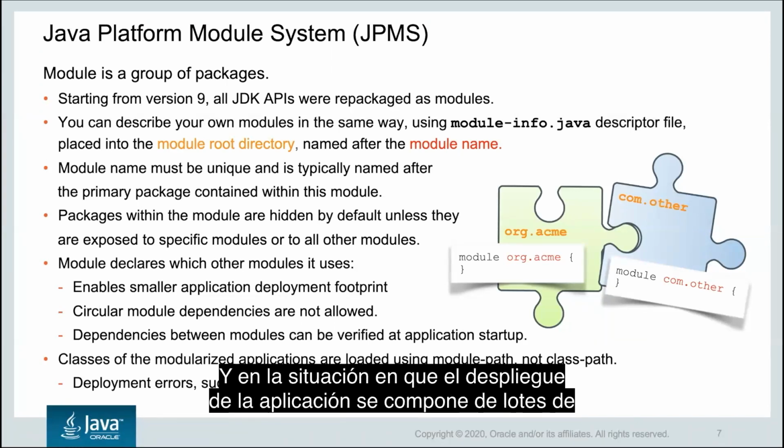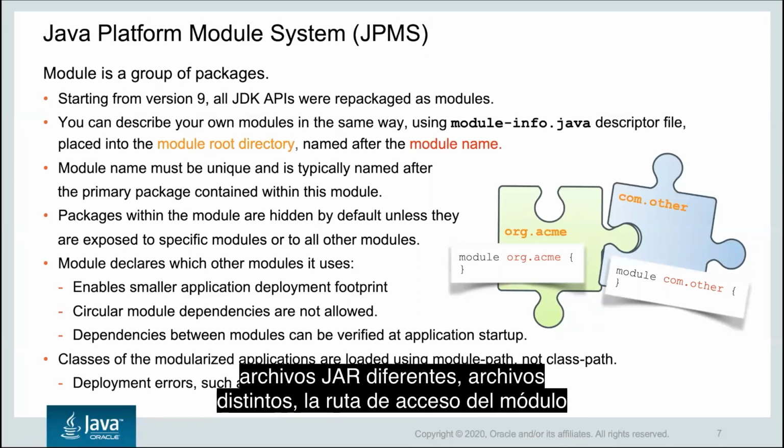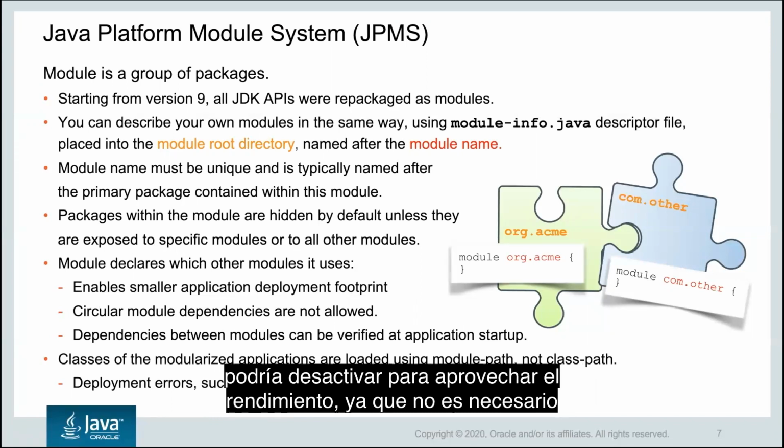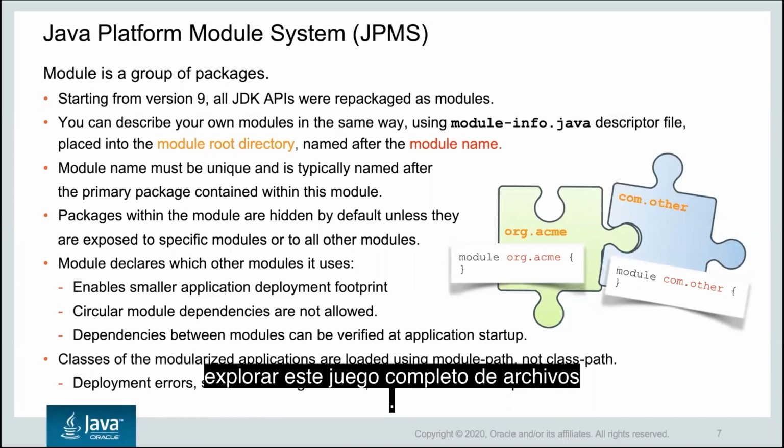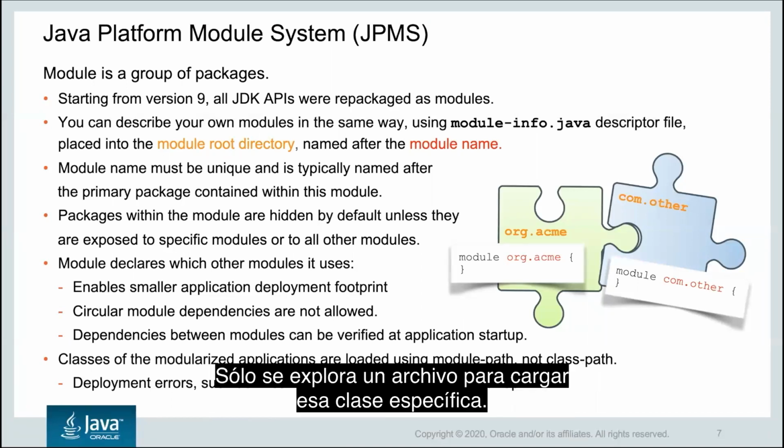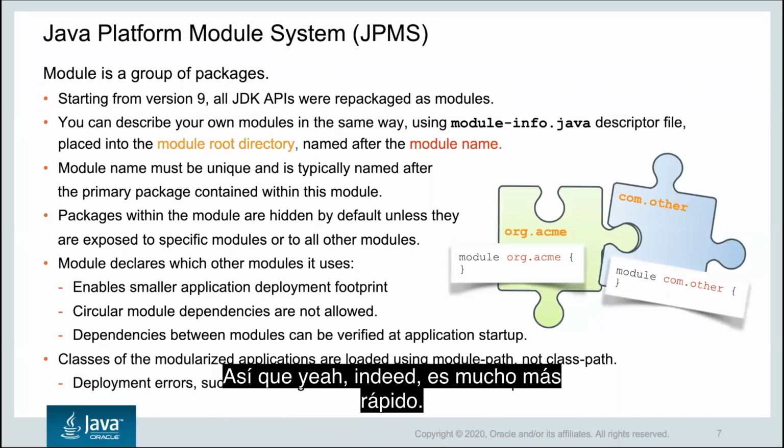And in the situation when your application deployment is comprised of lots of different jars, lots of different archives, the module path could turn out to be a performance advantage, because you don't have to scan this entire set of archives. You scan just one archive to load that specific class. So yeah, indeed, that's much faster. Okay, now